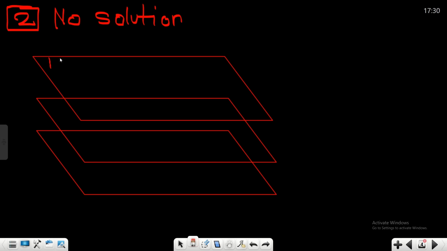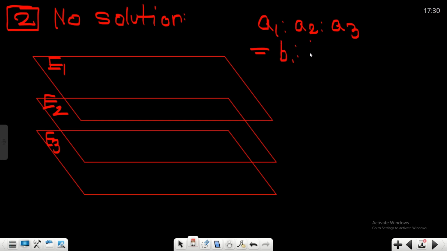This is your E1, this is your E2, and this is your E3. So the condition for no solution should be A1 is to A2 is to A3 is equal to B1 is to B2 is to B3 is equal to